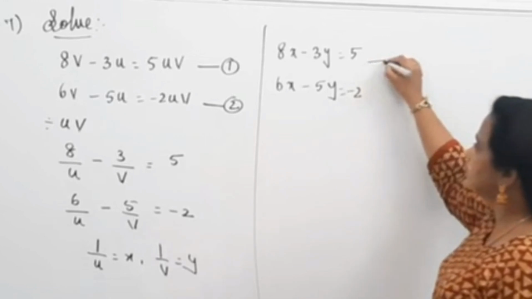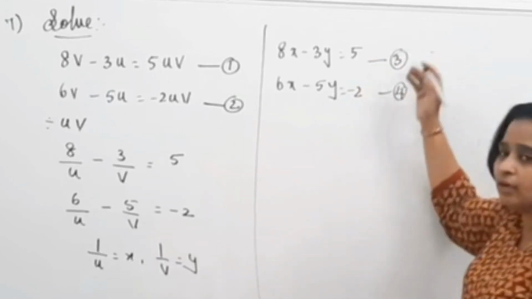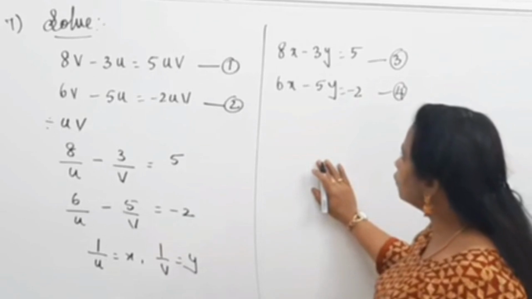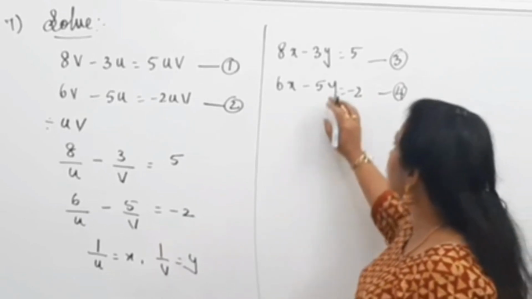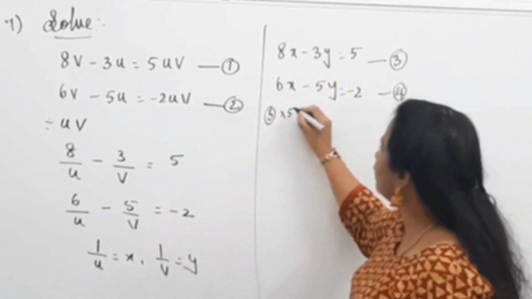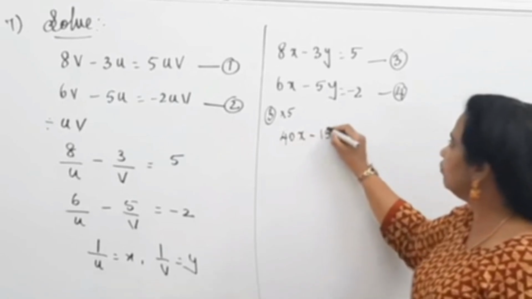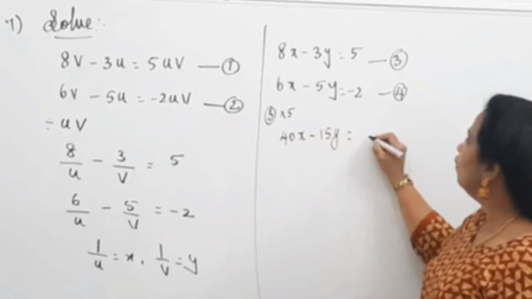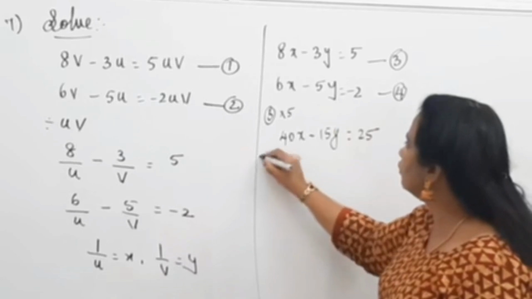I got my simple equation, that is, let me name as 3 and 4, the pair of linear equations. Now I have to make the coefficient same. So what I do, I will multiply the third equation by 5. So I get 5 8s are 40x minus 15y is equal to 5 5s are 25, and my fourth equation